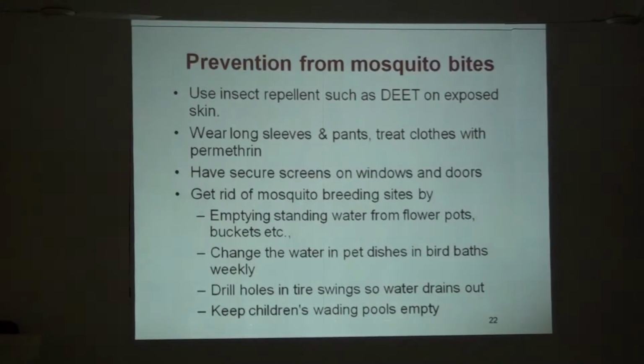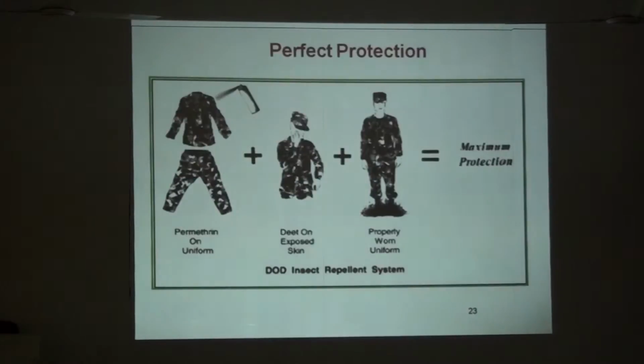Get rid of the mosquito breeding sites by emptying the standing water from flower pots or buckets. Change the water in pet dishes and bird baths weekly. Drill holes in tire swings so water drains out. And keep the children's wading pool empty. So this is the perfect protection from the